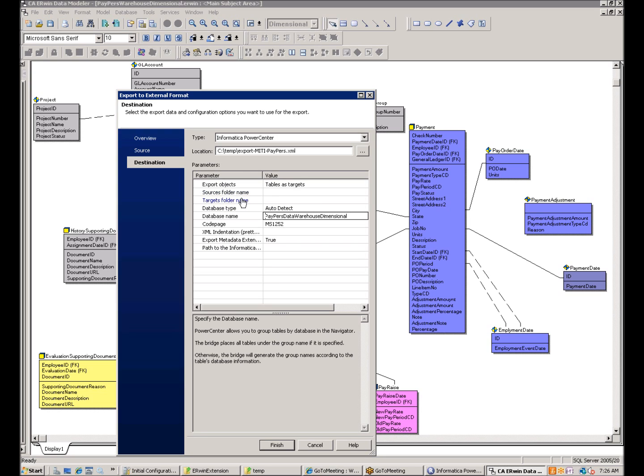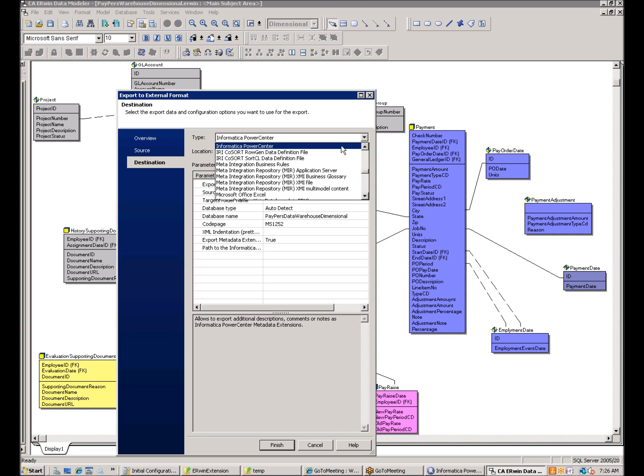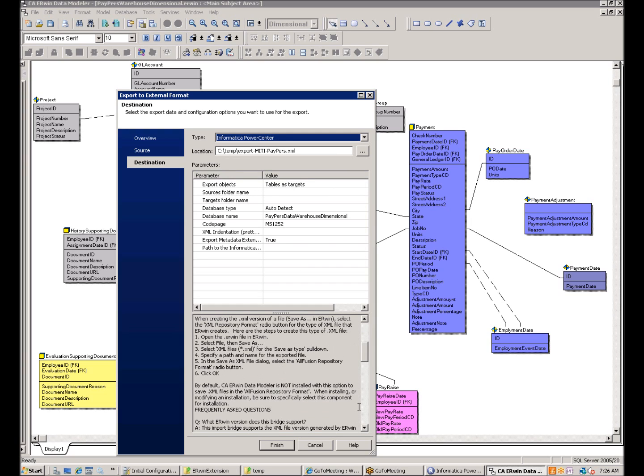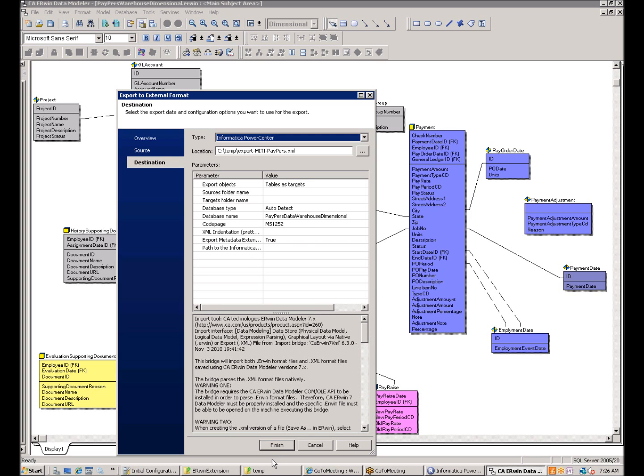So those are the options. There are many others, obviously, and again, as you click through them, the definition of what they mean and how they're used is presented down here in the tooltips. And of course, there is also the tooltip for the entire bridge, as you can see when I select the bridge. And it even explains a lot of information about how to create, for example, XML files, and what to do with these files that you have. Anyway, I'm going to click Finish,